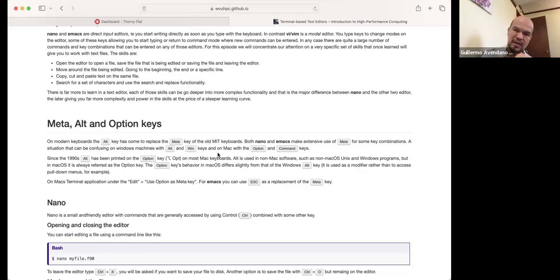All those keys are very important when you are using a text editor, because they allow you to change the behavior of the editor just by pressing those keys or a combination of them. So it's important to understand that